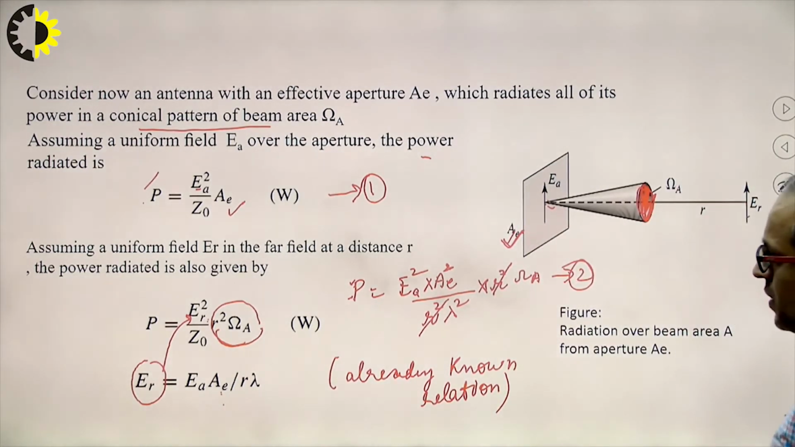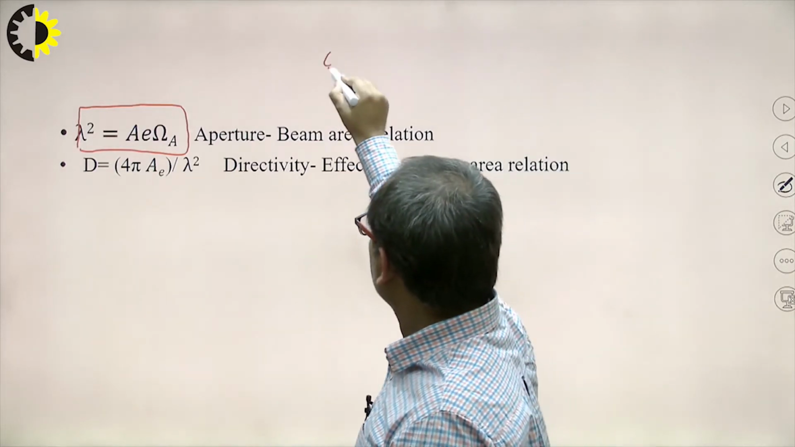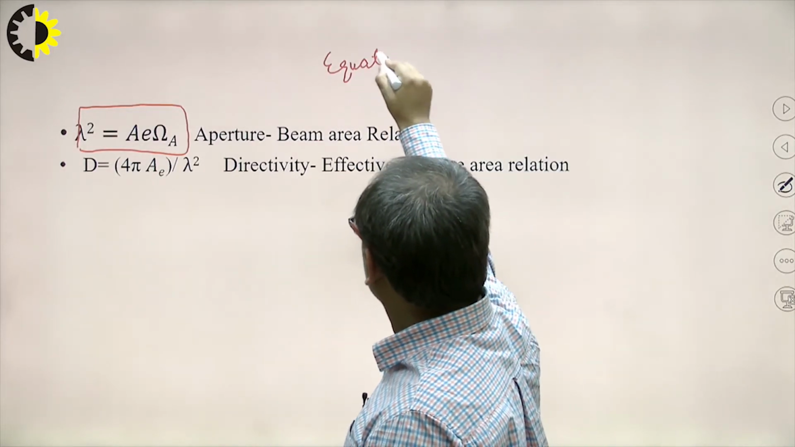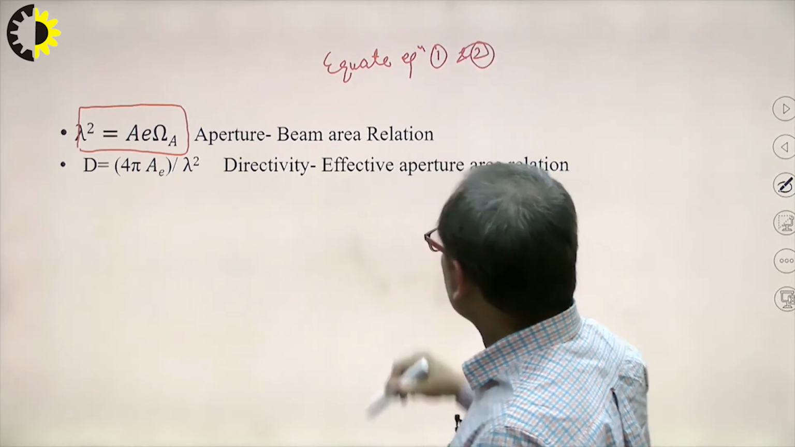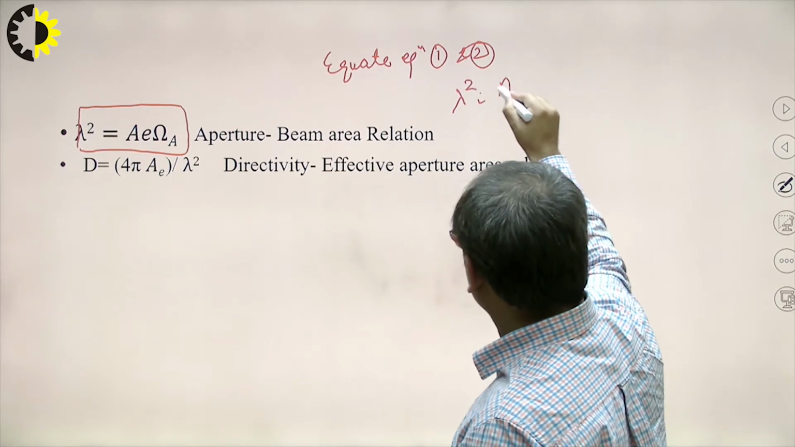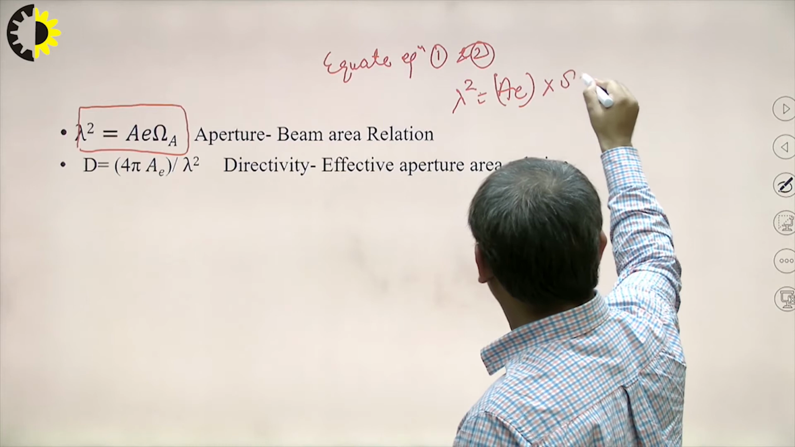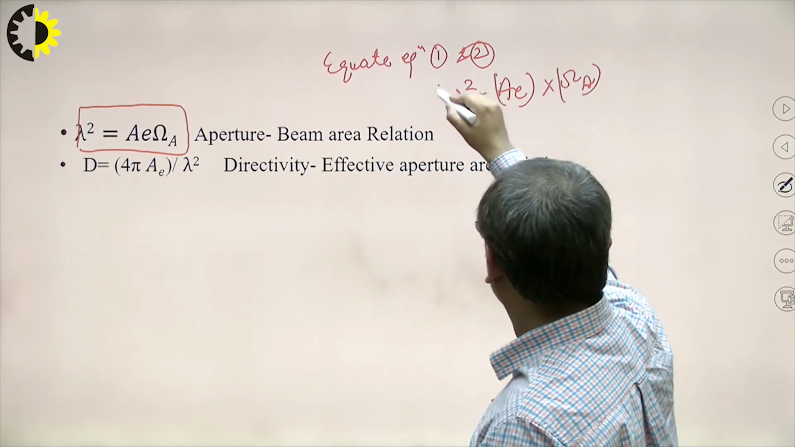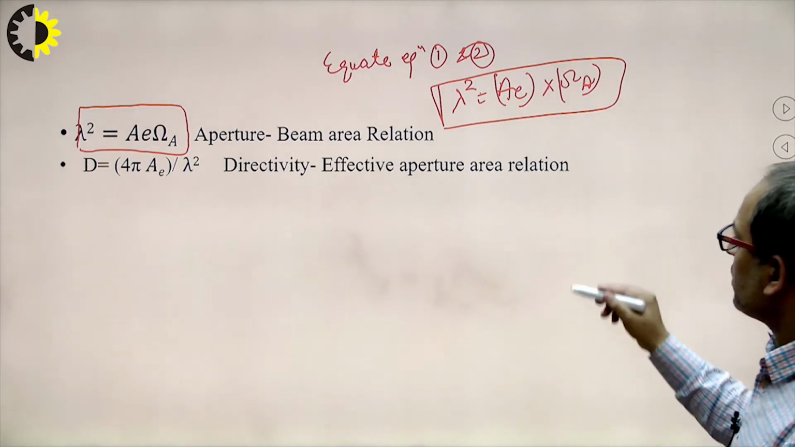Clear? Equate equation number 1 and 2, then you will get lambda square equal to what? AE into beam area. Clear? But we have already known that